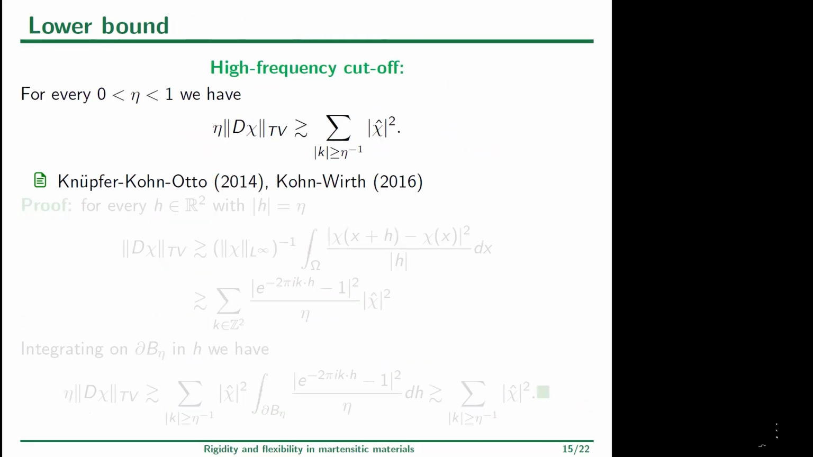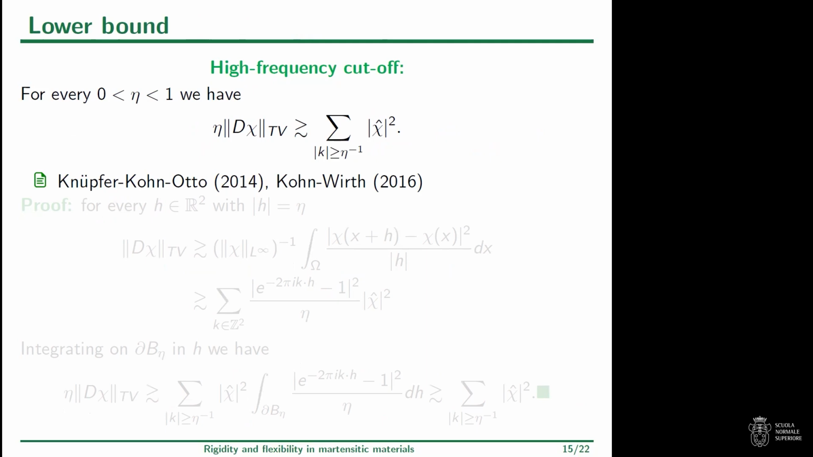Very little time. Okay, so maybe here I can really go a bit. Somehow, the lower bound on the elastic energy is easy to see in Fourier space. We can also control the surface energy from below, and this was also obtained by Knüpfer, Kohn, Otto,